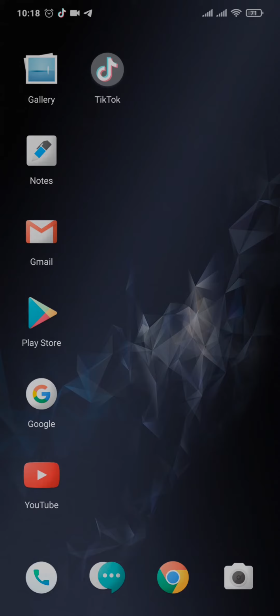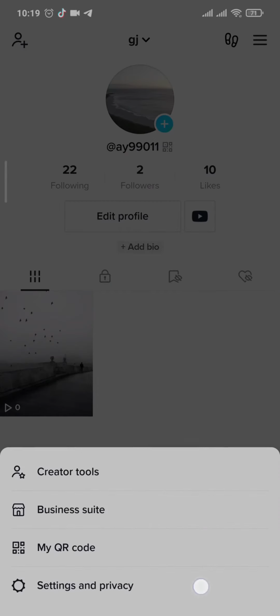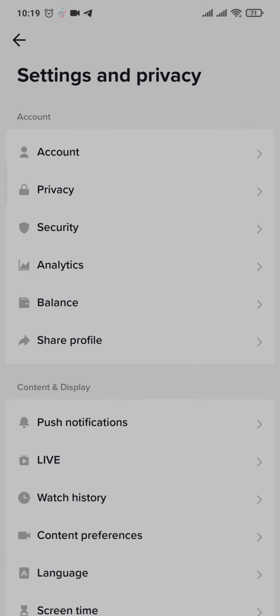Now in order to make your liked videos private, you'll need to head over to the app of TikTok and head over to your profile section by tapping on this profile icon, and then tap on the three lines on the top right and tap on settings and privacy. Now you'll see tons of options under settings. Now under account, you need to tap on privacy,